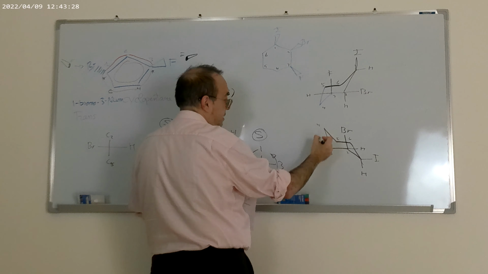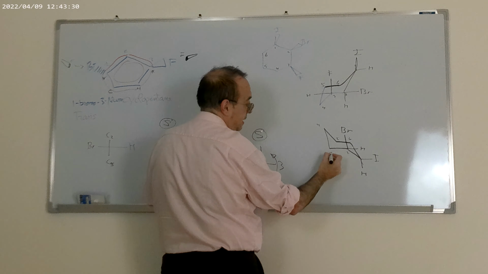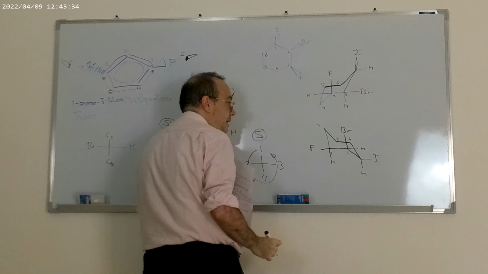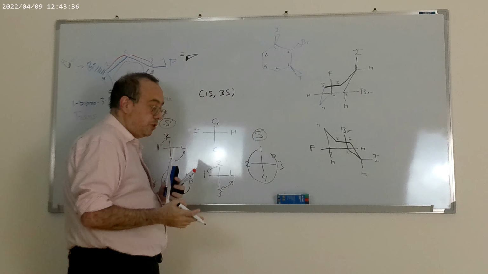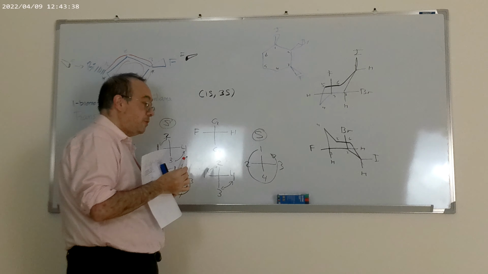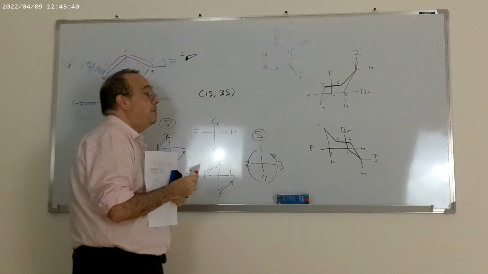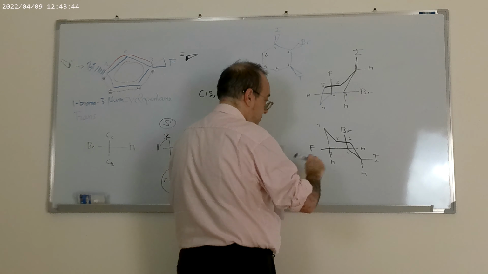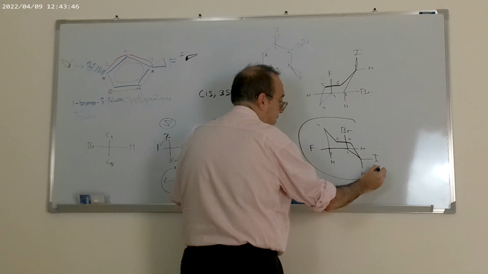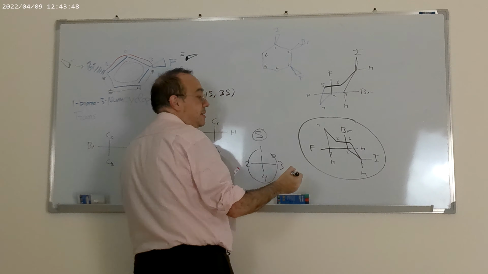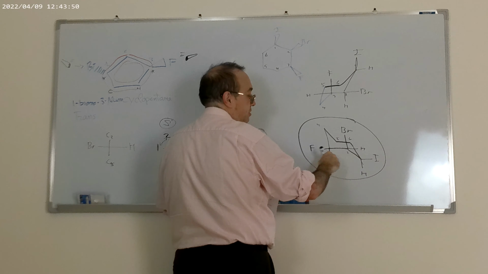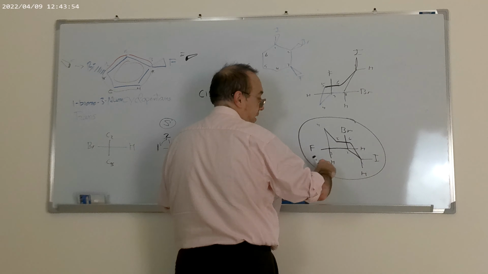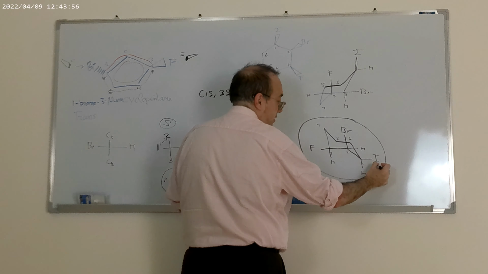And number 3, fluorine up. Okay? These are the two conformers, the two chair conformers. Which will be more stable? Basically, the more stable will be this. Why? Because here you can see that the two biggest substituents, iron and the fluorine, are in equatorial, while only